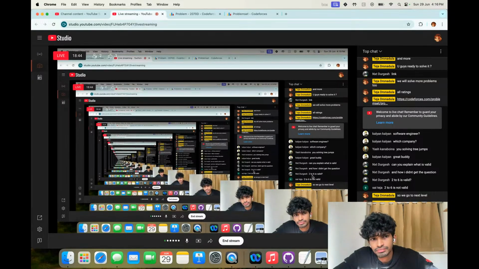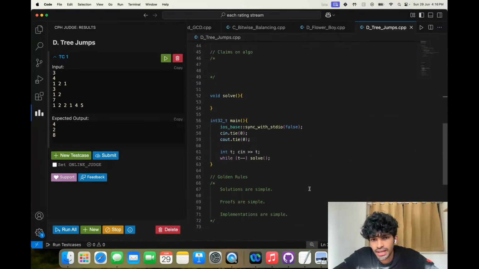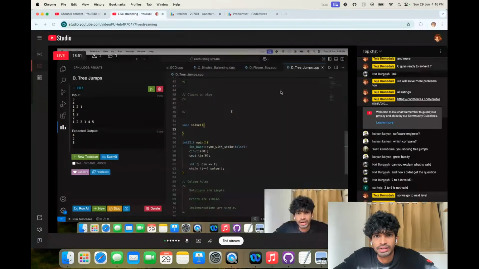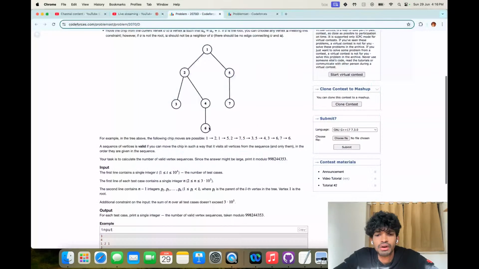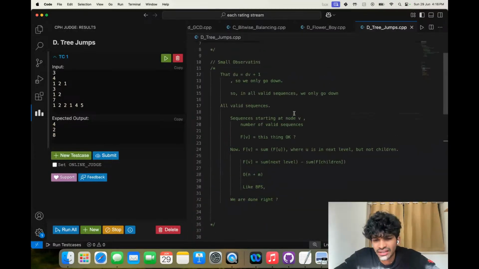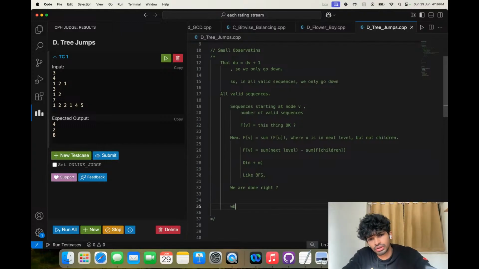Right. So let's just put them in layers. I will write the simplest BFS that we can write. We don't even use a queue. Without even using a queue, BFS. But what about the root? So this is a direct problem. For the root, it's just the sum of children.